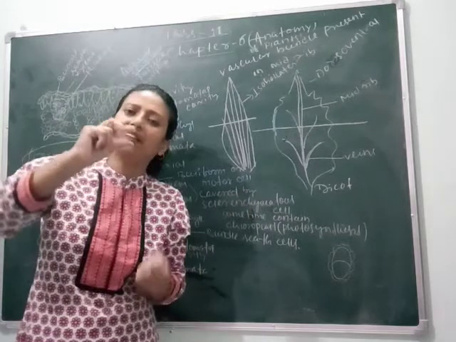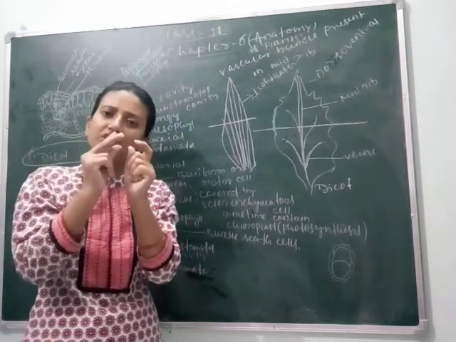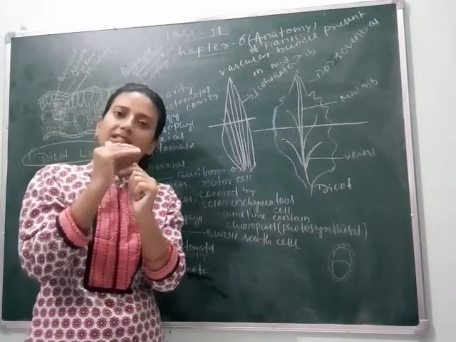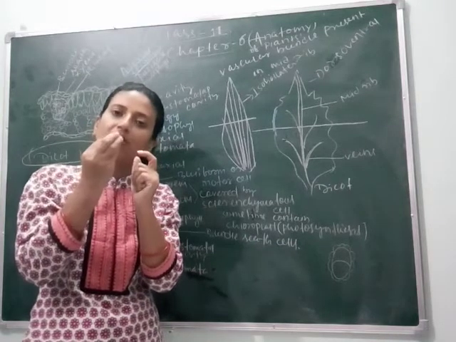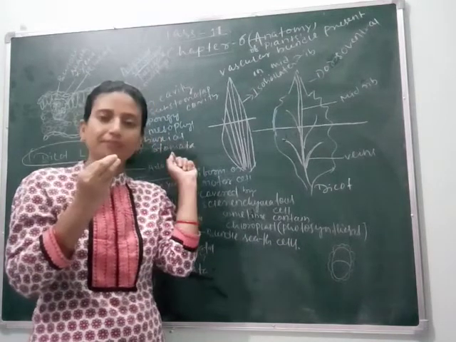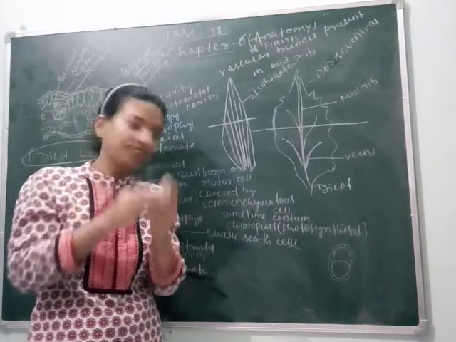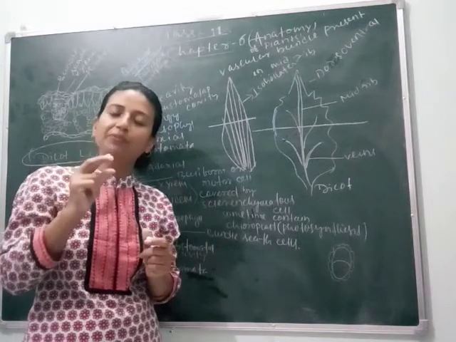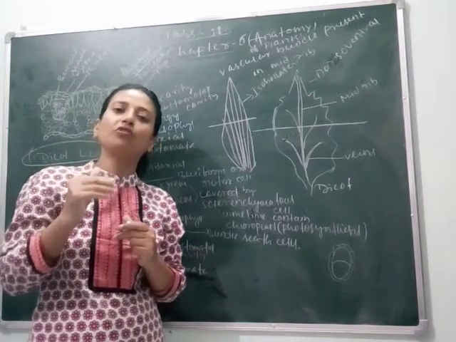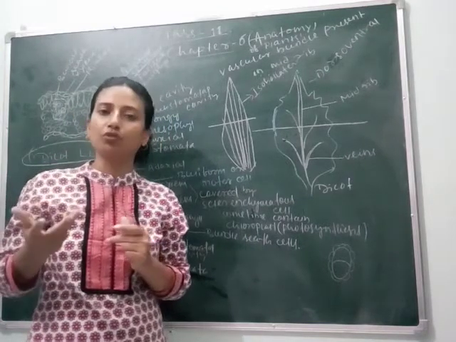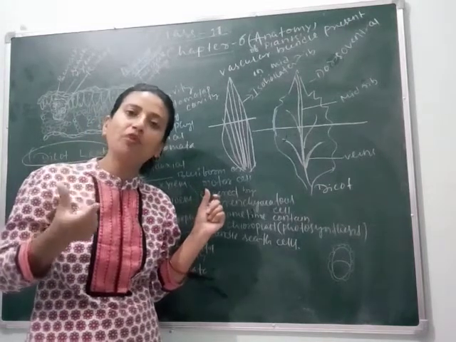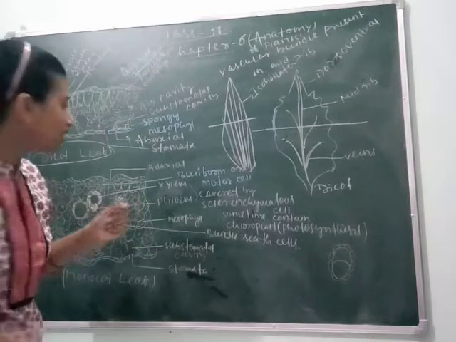In palisade parenchyma, the parenchymatous tissues are arranged so close to each other that the loss of water is less. Means, to prevent the loss of water through these cells, they are closely arranged. But in spongy parenchyma, there are some gaps left between them, and as we know, monocots require more water for their growth, whereas dicots do not.